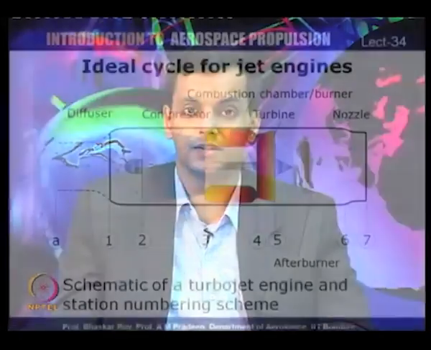In a turbojet engine, the sole objective of the turbine is to drive the compressor, so the turbine work will be equal to the compressor work. This is not necessarily true in other types of engines like a turboprop or a turbo shaft, where the turbine generates only part of the work to drive the compressor, and the rest of the work is used for either driving the propeller or the main rotor blade. Whereas in a turbojet, the work done by the turbine will be equal to the work done by the compressor. If you look at a schematic of the turbojet engine,